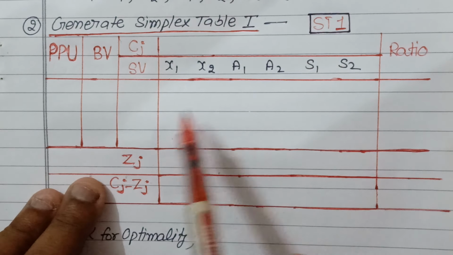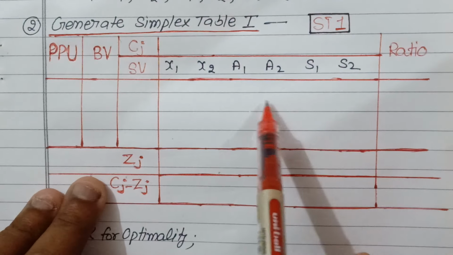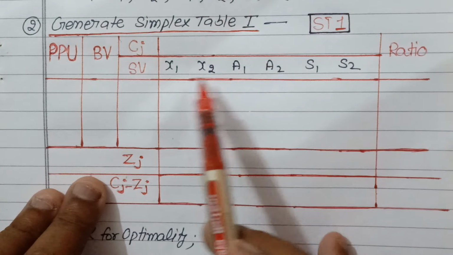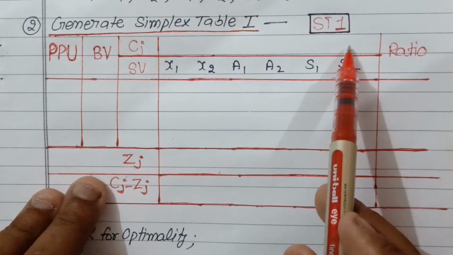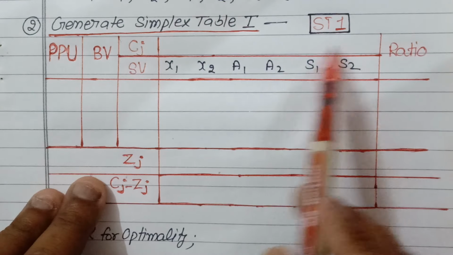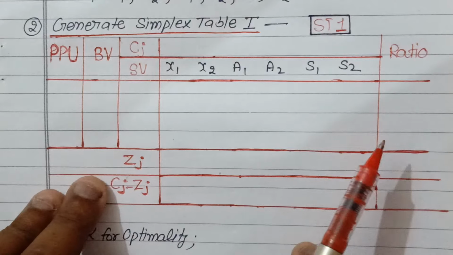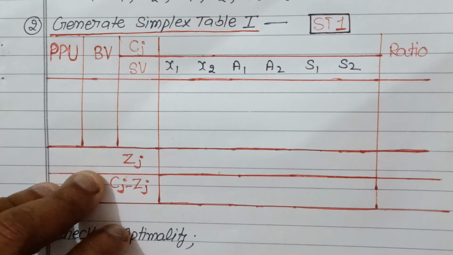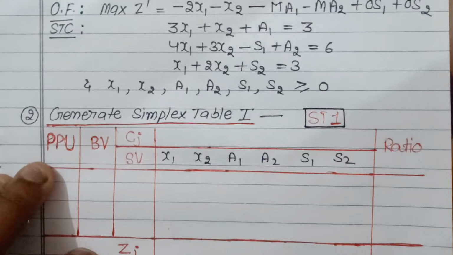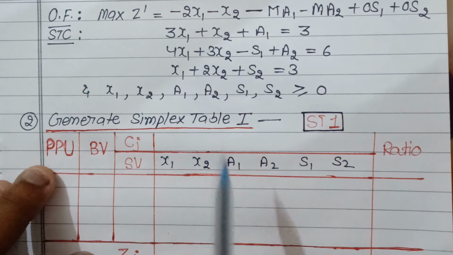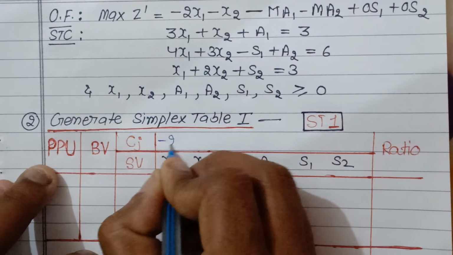By watching my earlier videos you will now be able to write down these values, as these are the coefficients of these different variables in the objective function. So let us mark these values from the standard LPP. Here you will see that the coefficient of x1 is minus 2. So this is minus 2.